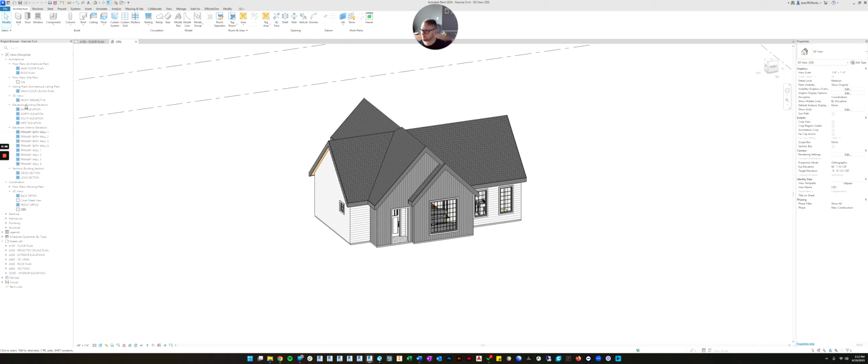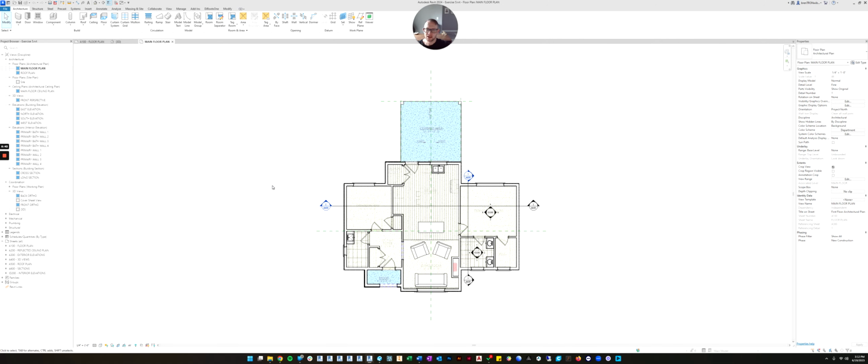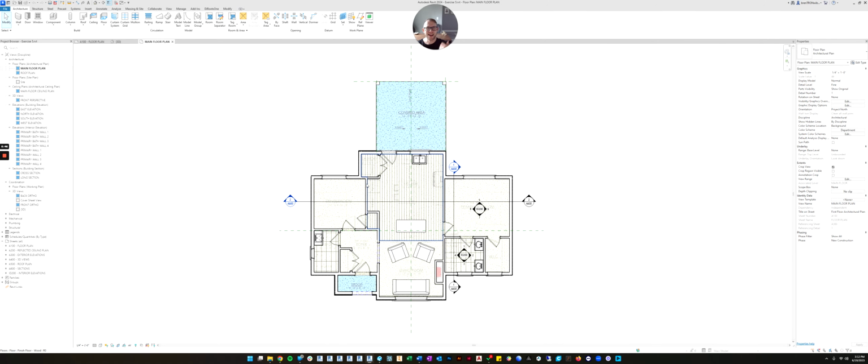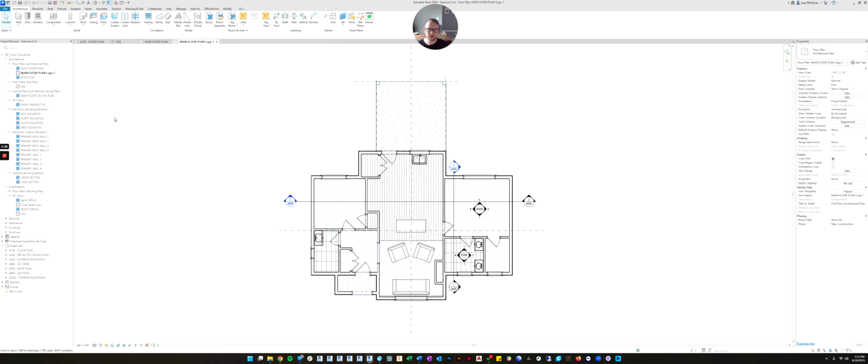So the best place to start, let's go to a main floor plan. Basically, a dimension plan and a furnishings plan is really just a copy of the floor plan. The only difference is what we show in each plan. So to begin with, all we need to do is copy the floor plan. You can do that a couple ways, but the fastest way I found is to right click over here in the browser on the floor plan and duplicate the view. We don't want to duplicate all the details, which we really haven't done any detailing yet, so we're just going to duplicate, that first option.